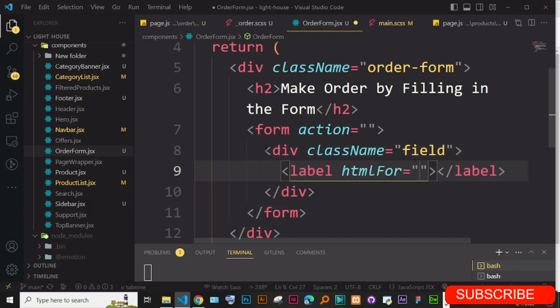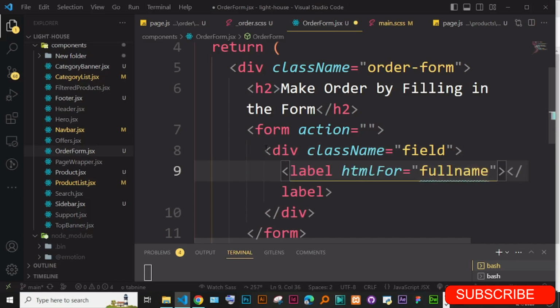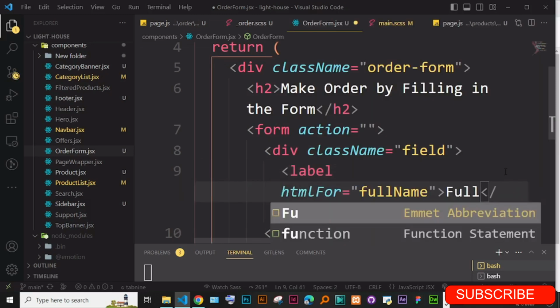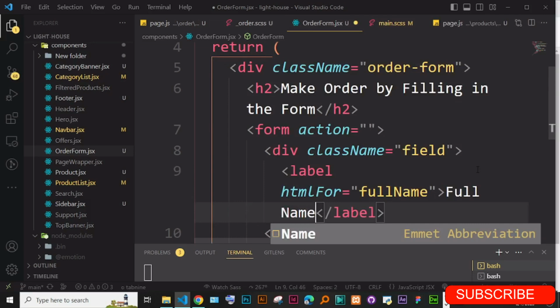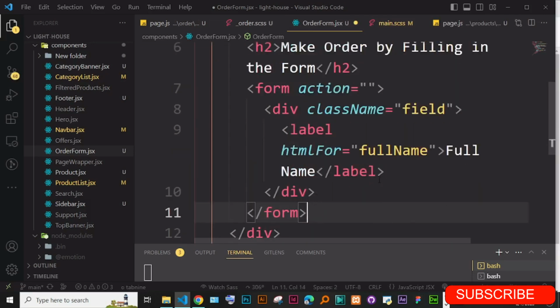So for instance, let's start with the full name. So I'm just going to get the full name. Okay, maybe I do camel casing, full name, just like that. And then here I'm just going to put full name,